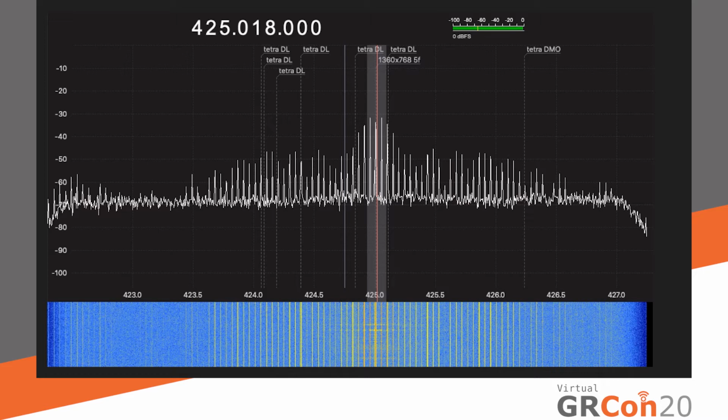So what I would do, I would take each sample from the radio at 10 megasamples per second, and I would take the amplitude of the IQ sample and just simply use it as the brightness of a pixel in an image.